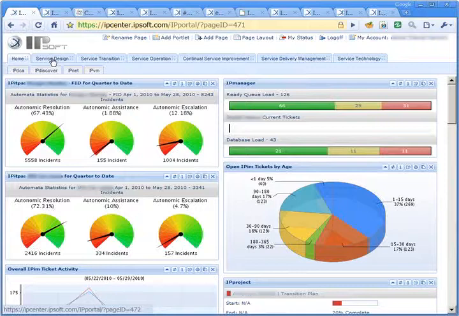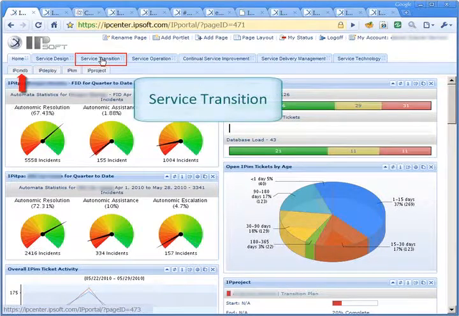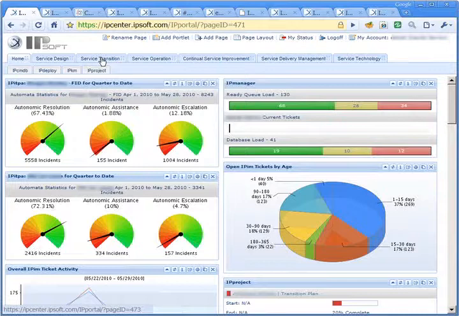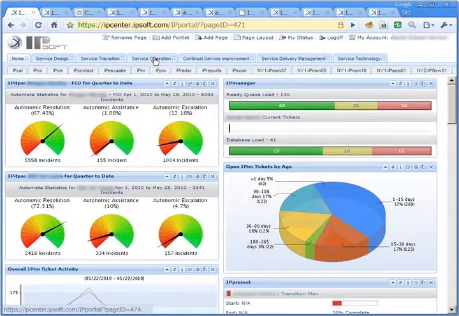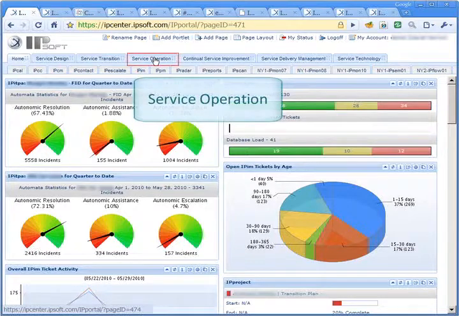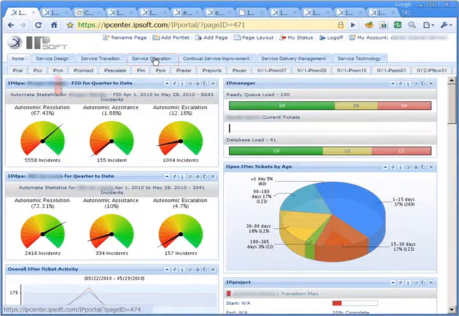As you can see, IP Center follows an ITIL v3 layout. Under Service Transition, we have IPCMDB for the Configuration Management Database, and IP Project for Project Management. Under Service Operation, we have IPCM for Change Management, IP Escalate for Client-Facing Escalation Automation,